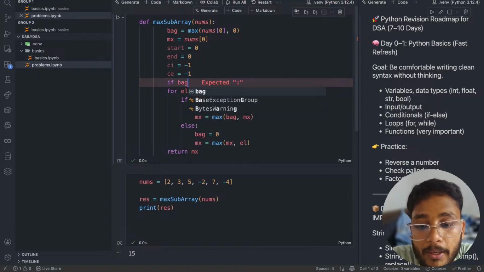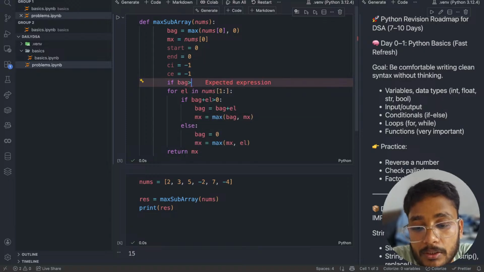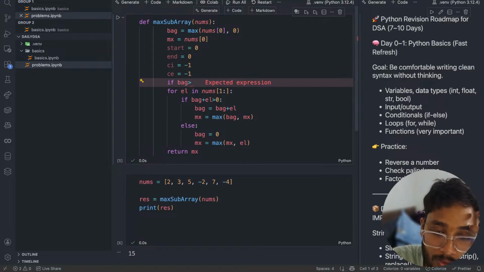If bag value is greater than 0 or greater than equals to 0, means first number is 0, bro. But what if I got one more condition. What if the first number is 0,